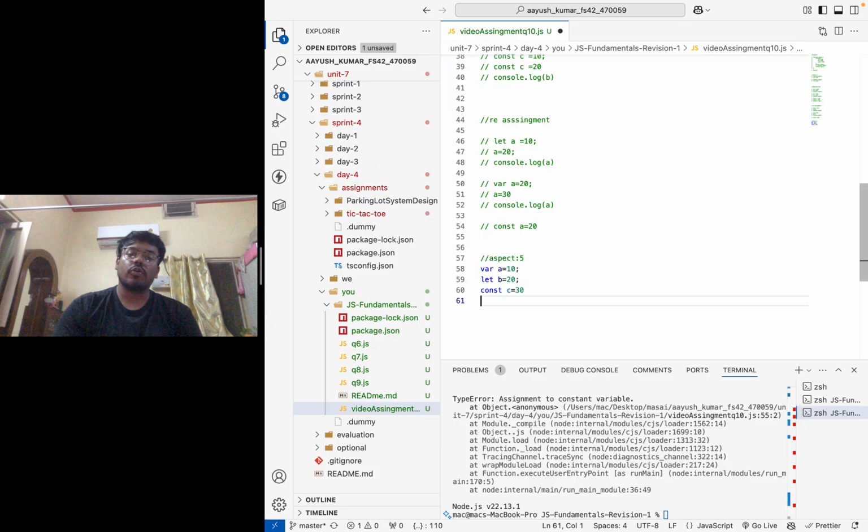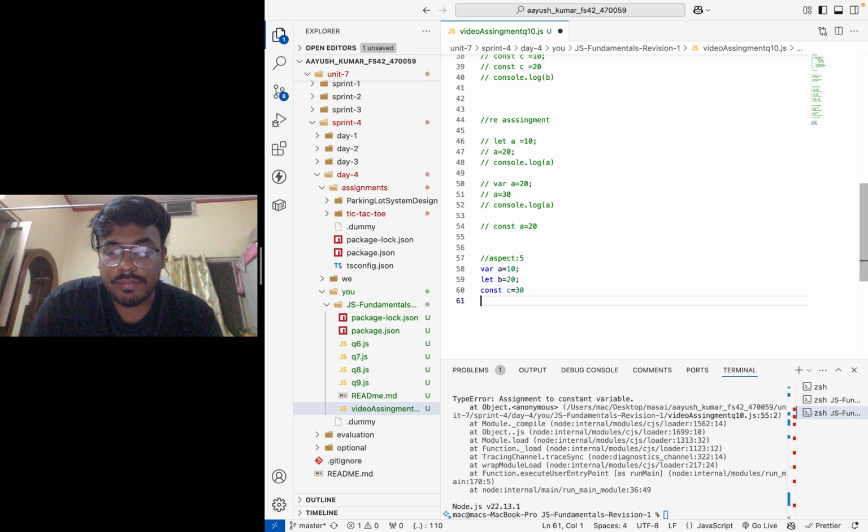When I use simple console.log a, then it will give the value, and b and c will give the value 20 and 30 only. But when we use that in the browser console with window, then it will not give the value of b and c as 20 and 30. It will give undefined.